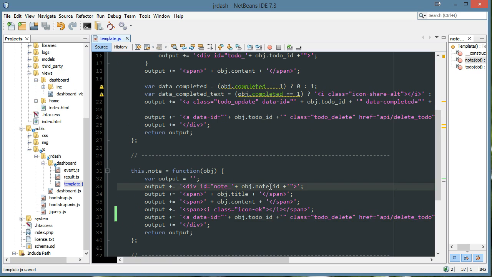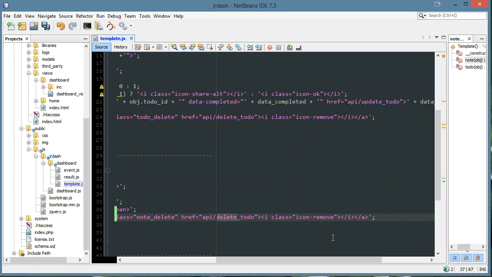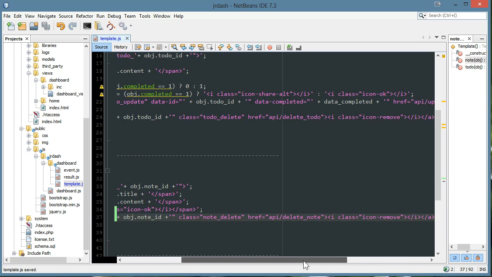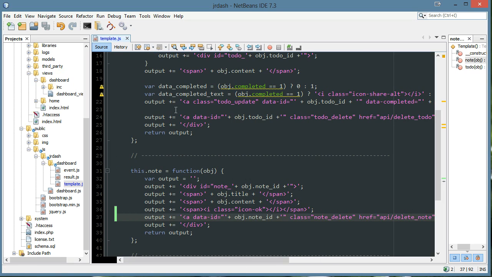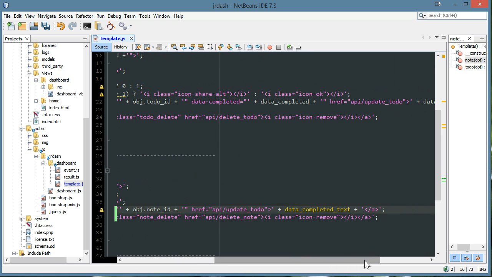Okay, so I just copied the to-do, and I just got to change this to note ID, change this to note delete, and this href will have to be delete note. Now it looks like I didn't get the whole gist of the edit going on, so I'm just going to copy this guy here, and instead of this line we'll say boom. And this is going to be note update. Data ID will be note ID. And let's see, data completed, we don't need that. href, we're actually not going to use this just yet because